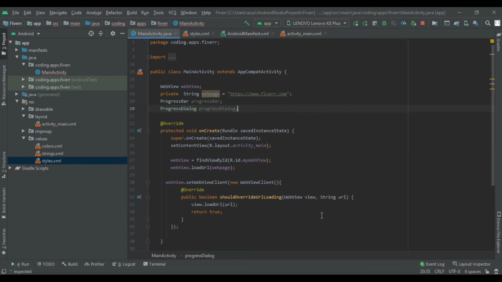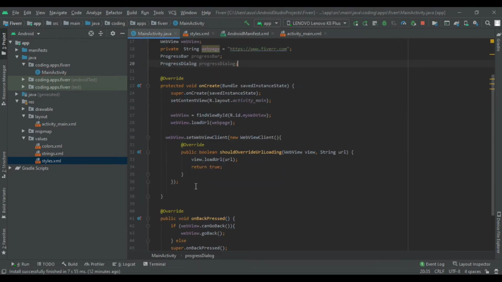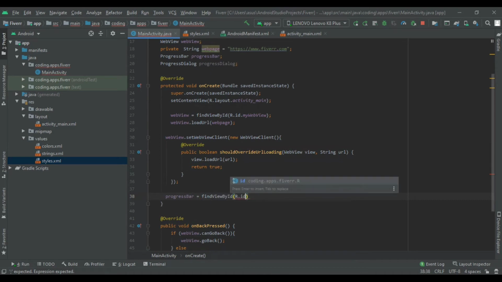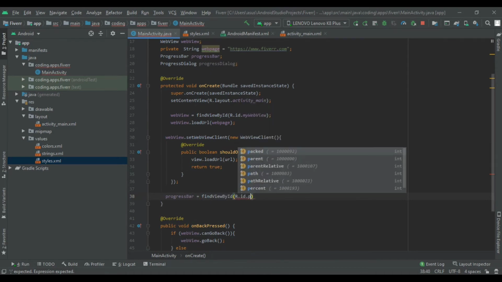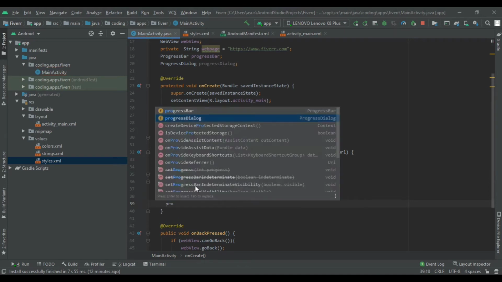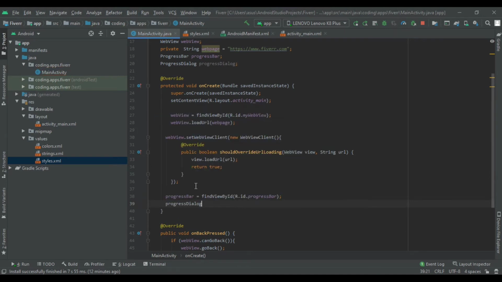First of all we write progress bar is equal to find view by id, and our id is R.id.progressBar. After that we write progress dialog is equal to new progress dialog, and we pass this as a context.